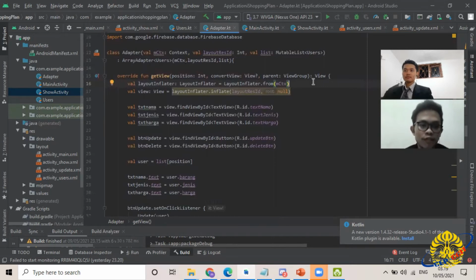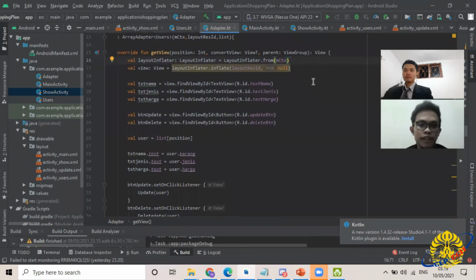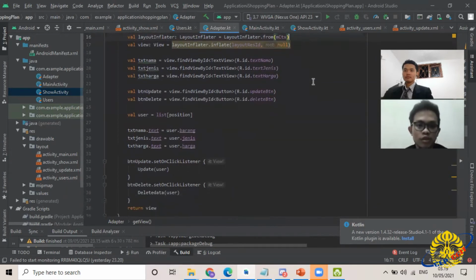And then this is for variable layout inflater. Layout inflater equals LayoutInflater.from(mCtx) and then the view. Then we declare variables txtNama, txtJenis, txtHarga, and btnUpdate, then btnDelete.